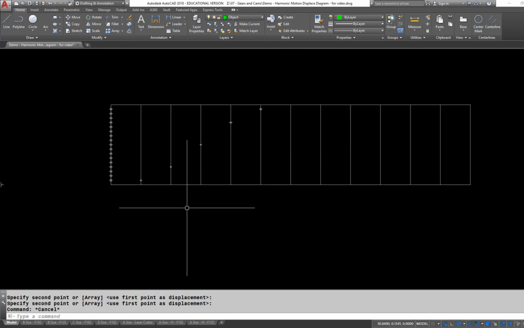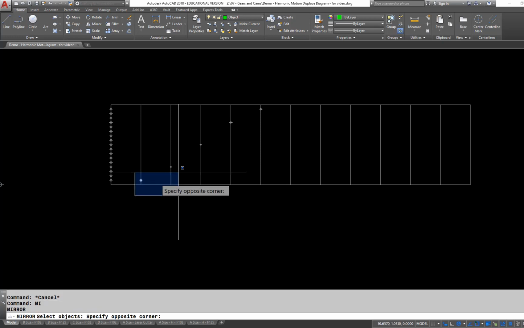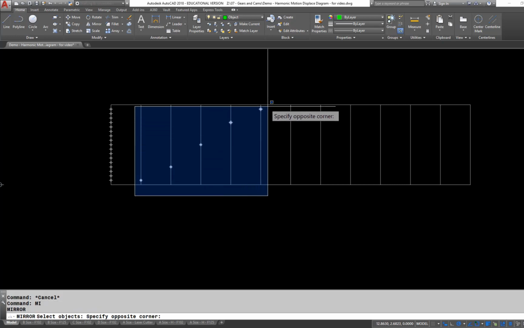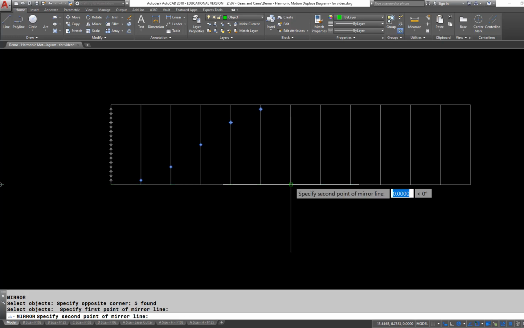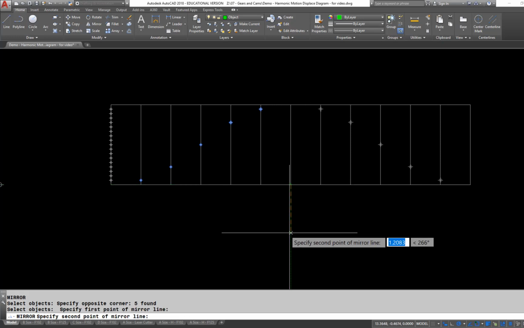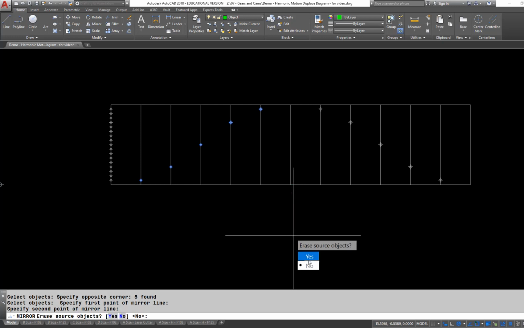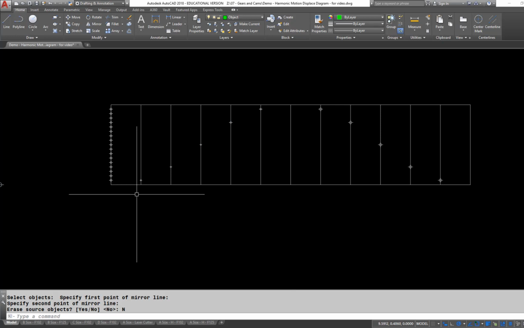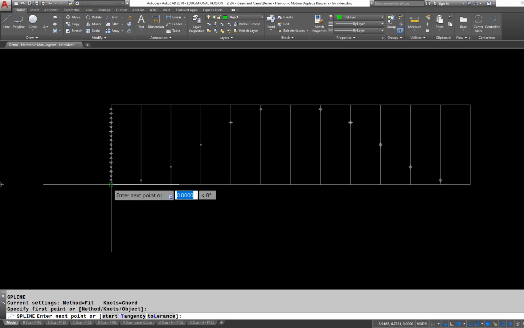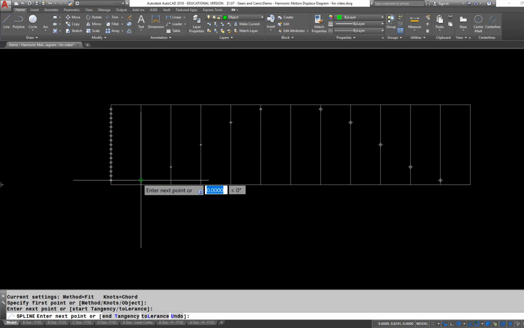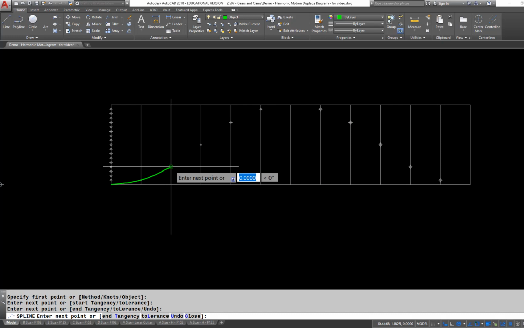And then I'll mirror those points around the halfway point. And I'll connect all of these with the spline tool. So that we map out our